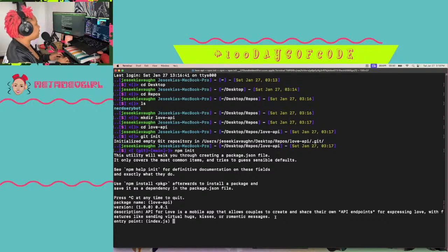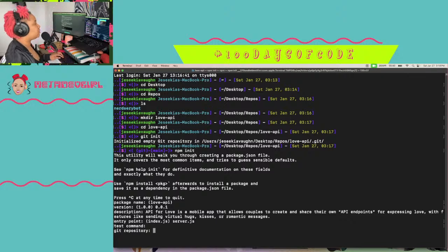My entry point is, I'm gonna call it server.js, not index, actually. Yeah, I don't think it makes sense. Okay. My test command, I'm not gonna keep a test command for now.